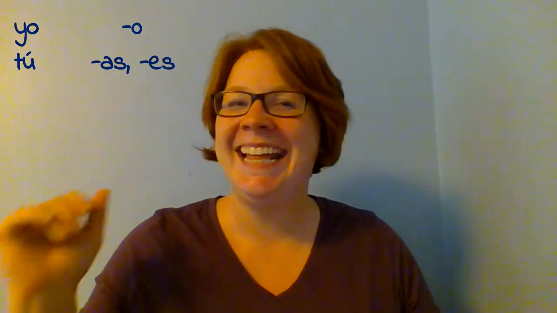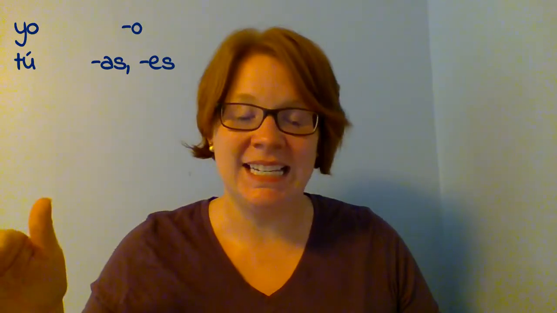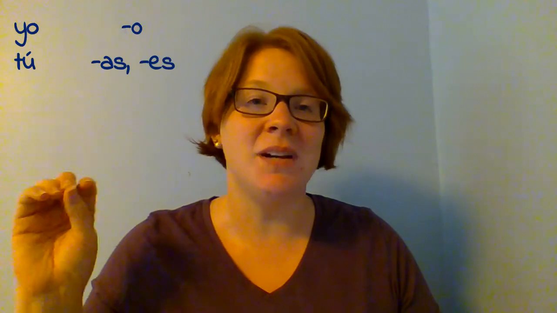So just for a second, I want you to think about the verb chart or the verb house, right? On that first left-hand side. At the top is the yo form. And how do the verbs end in the yo form? With O. That's how you talk about yourself, right? And then you have the tú form. That's the same word we're talking about today, this tú form, you, right? And how did that one end? That's the one that ended with the S. So it would either be as or es at the end of a word.